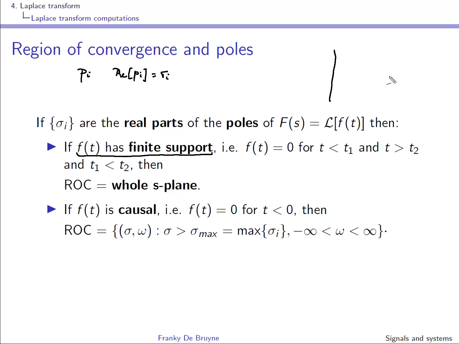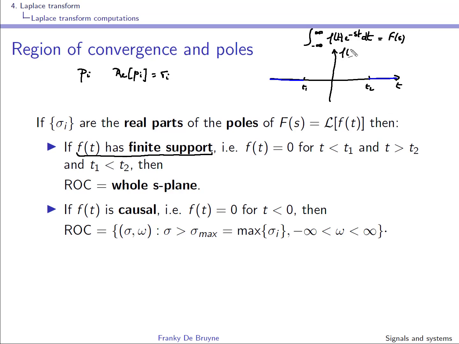Remember that a function with finite support will have t1 here, t2, and outside the interval t1, t2 this function is 0, and in the middle all kinds of things can happen, okay. And remember that the Laplace transform is an integral from minus infinity to infinity of f of t e to the minus st dt, right? This is F of s,